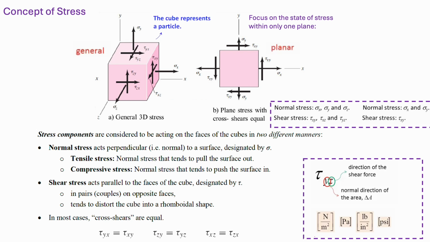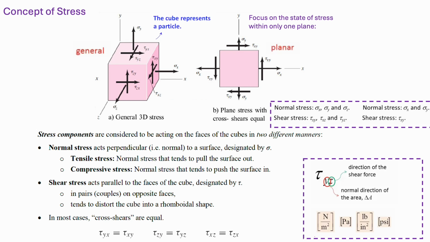The first subscript indicates the direction of the surface normal, and the second subscript indicates the direction of the shear stress. And as I indicated before, a particle or a point is represented by a cube with infinitesimal size, and as presented, we use these unit cubic elements. And we all know that a cube has 6 surfaces: top, bottom, front, back, left, and right.